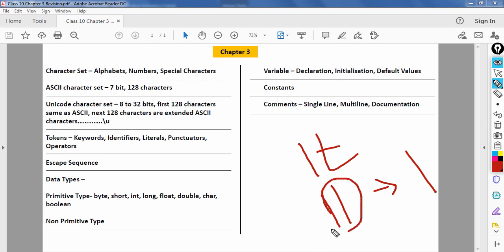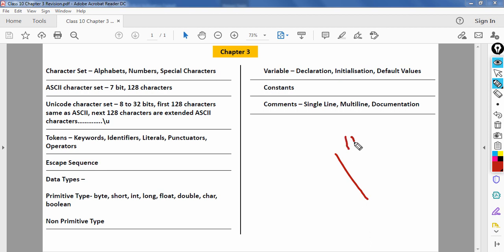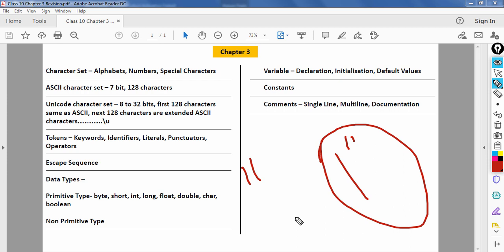By writing double backslash, you will get a single backslash on the terminal window. Then we have backslash double quotes, which will print the double quotes. Similarly, backslash single quote will print the single quote. So these were the examples of escape sequences.